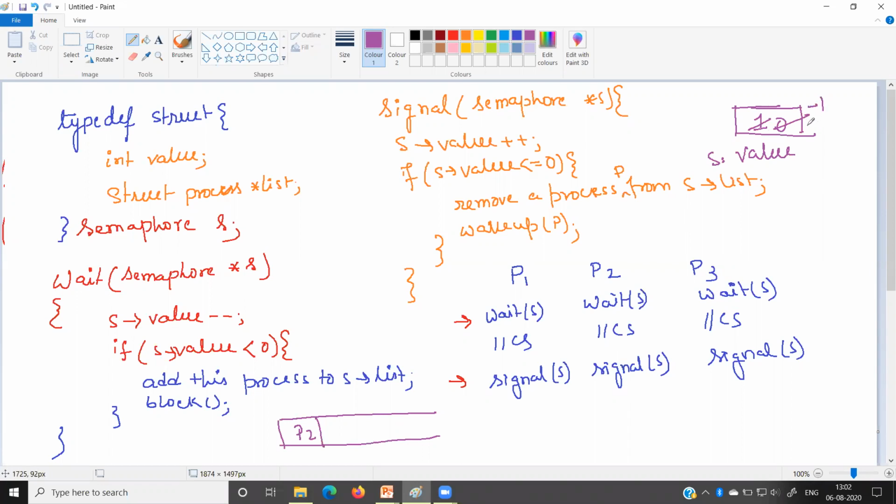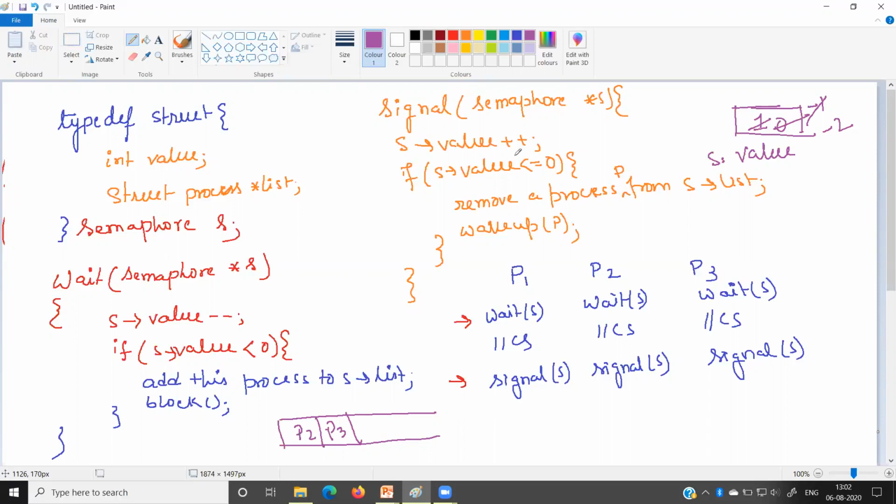That means the value of the semaphore variable will become minus 2. Okay, and minus 2 less than 0 will be satisfied. So P3 will be added to the list and P3 will be blocked. So you can see that P2 and P3 are added in the list. They are blocked. They are not doing any job. They are not performing any operation. Now, if P1 completes the execution of the critical section, it will execute the signal S.